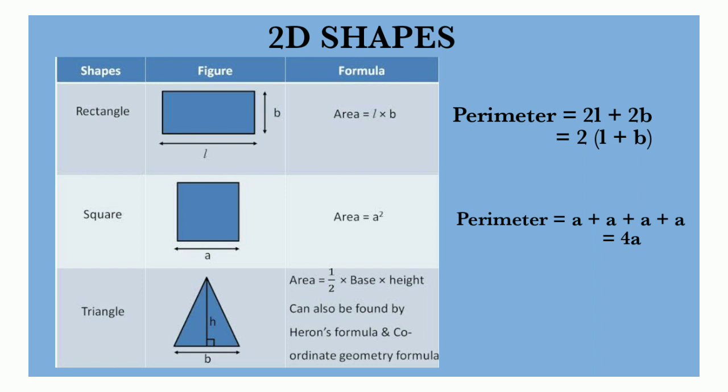Next one is triangle. Here we have to take one side as a base. So I'm taking this as the base. Okay. And opposite to this base, we have a vertex. From that vertex, draw an altitude or height to the base. You will get the height of the triangle, that is small letter h. So area of the triangle, very simple, half into base into height. Half into b into h. That is the area of the triangle.